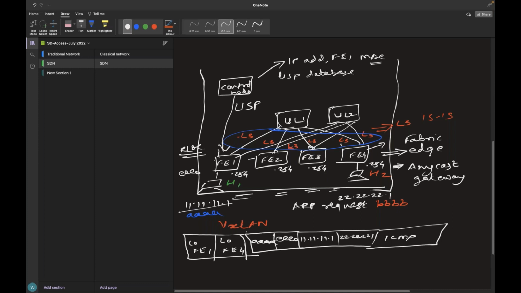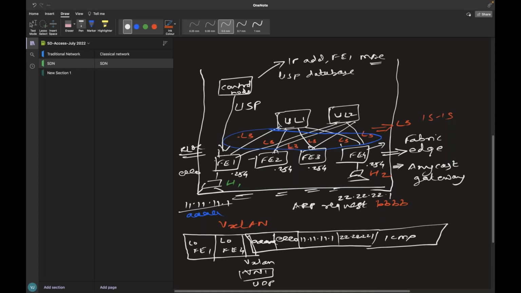In between is your VXLAN header, which has the VNI and all that information. We are not going into detail about that, but as of now, just consider this your UDP 4789 detail and all. But the outer header is your Fabric Edge 1 and Fabric Edge 4 IP header.